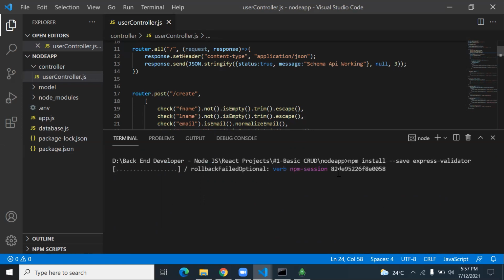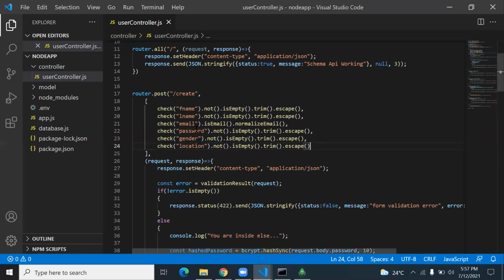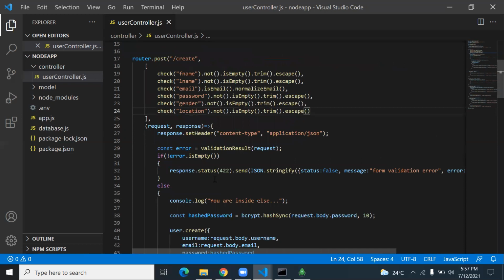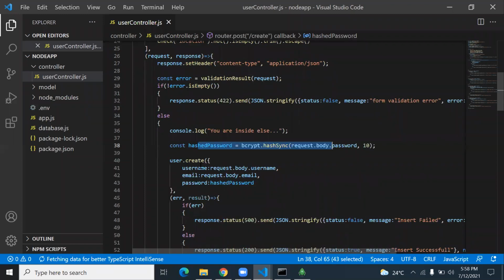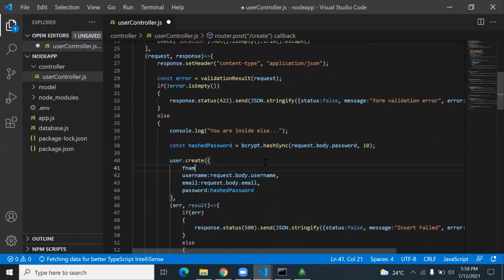Express validator is the one more module. Now these are the things I want to save in the database. So once I'm ready, here you can see I also hash the password like this. And here I take these details, username. Before this, I take first name from request object,